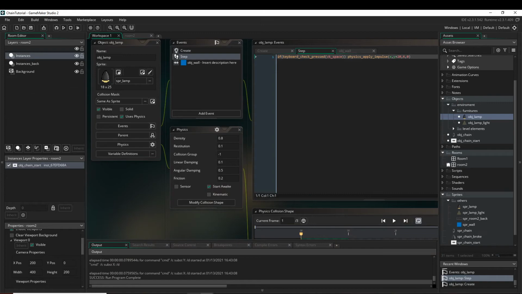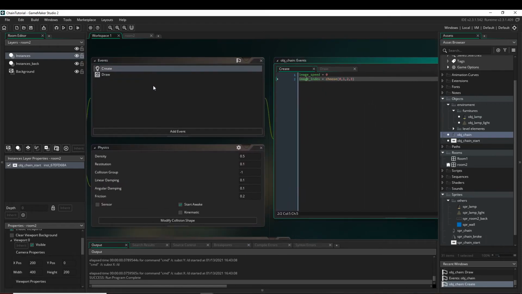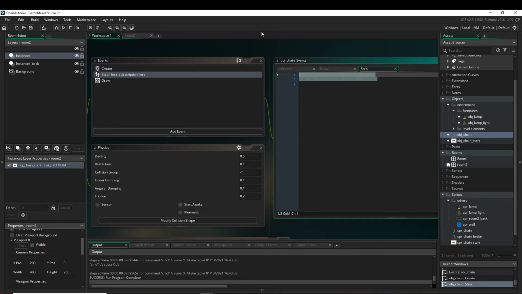Okay, the last thing that I want to show you is in the chain you need a health point variable, or you can call it HP. You can set it to whatever you like. I will set it to 10. And in the step event, if HP is less or equal to 0,